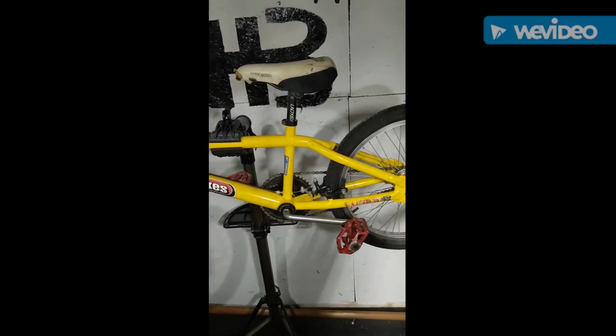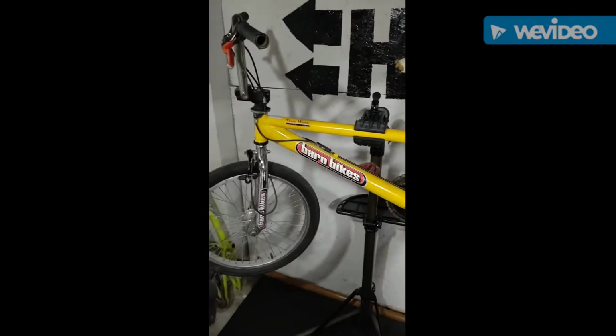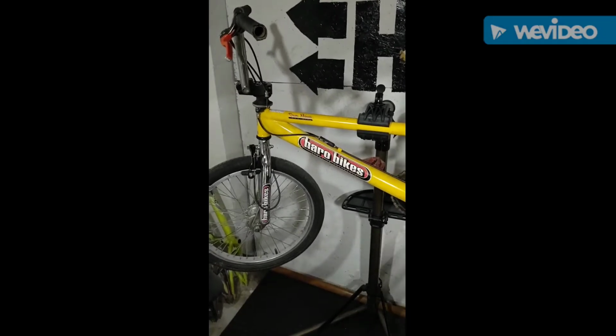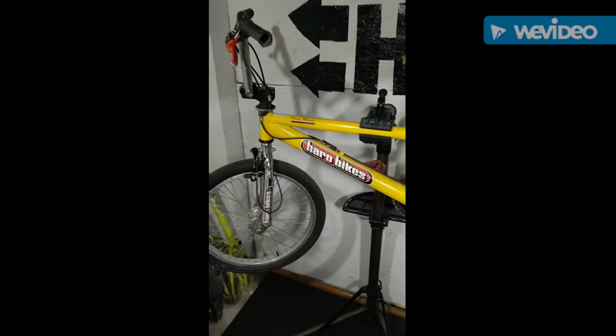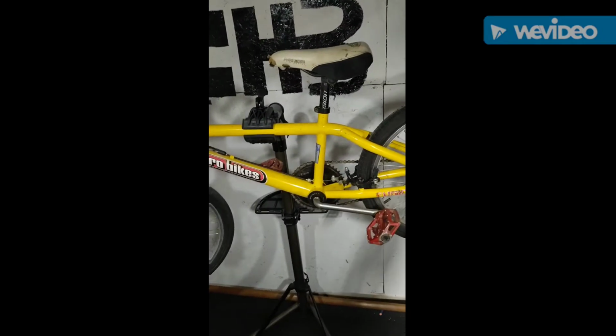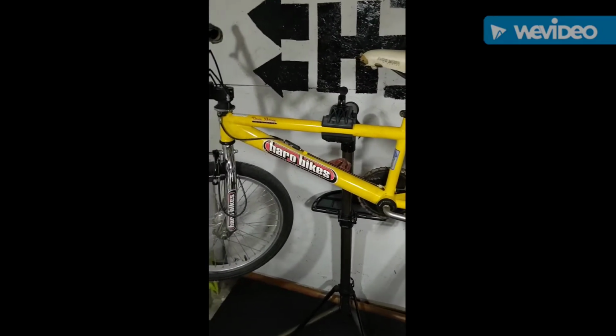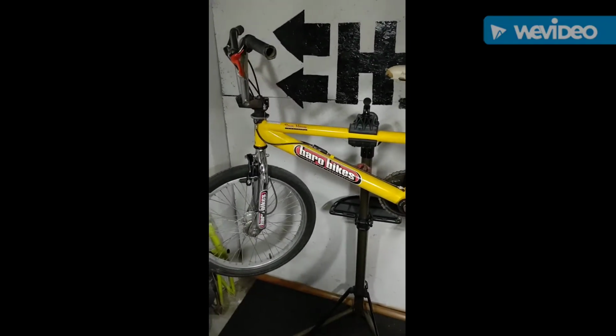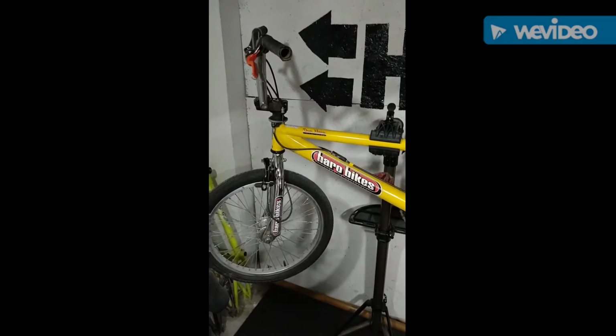So this is probably going to be a bike that I clean up, and it'll be a wall mounter. I'll ride it every once in a while. I'll keep it cleaned up and tuned up, and when the market gets better, it will be sold. But right now, I grabbed it while I could at the price tag that I could grab it at. So we're going to move on to the Mongoose that I have, which is a little bit older than